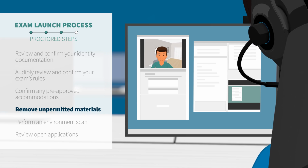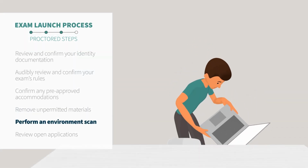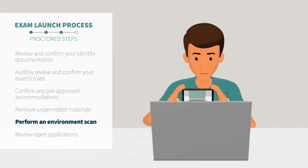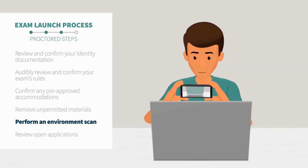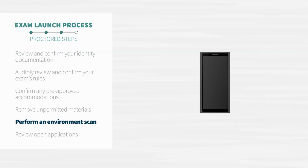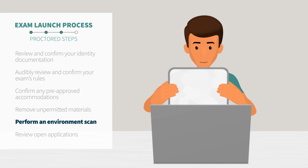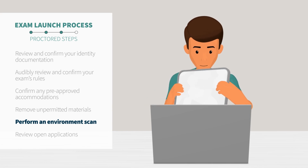Next, your proctor will ask to see your workspace, including all 4 walls and the area around the desk and monitor. You will use your cell phone camera to show the edges of your computer screen. The proctor will walk you through this process, and then ask you to remove your cell phone from the work area. The proctor will ask to see any permitted materials outlined by your specific exam rules,